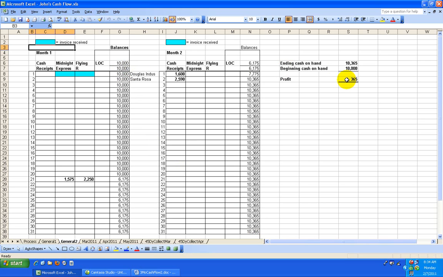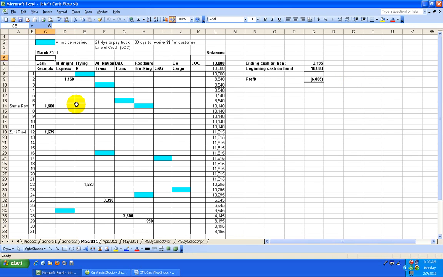And again, this is just very simple here. But let's go ahead and take a look at the next one, and we're going to do an example here of a 3-month cash flow where you've got a number of shippers and trucks involved. So this is the month of March here, and over here you've got a payment that was made to Midnight